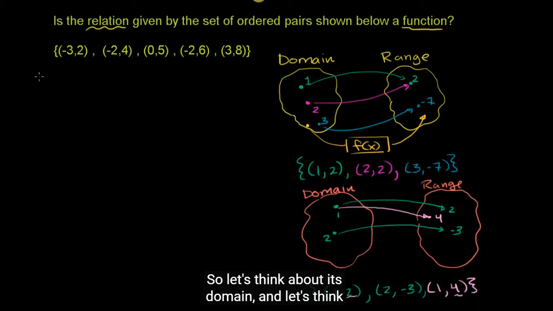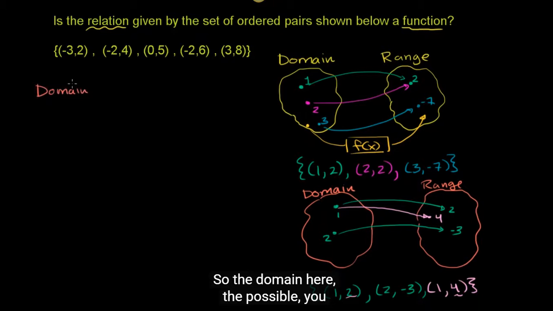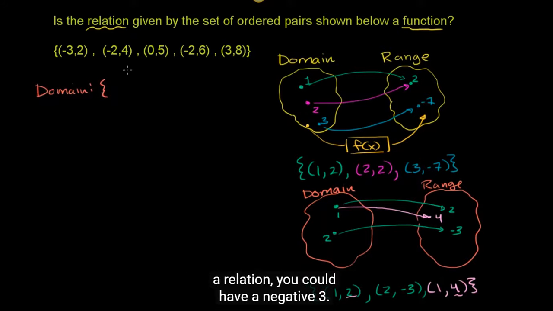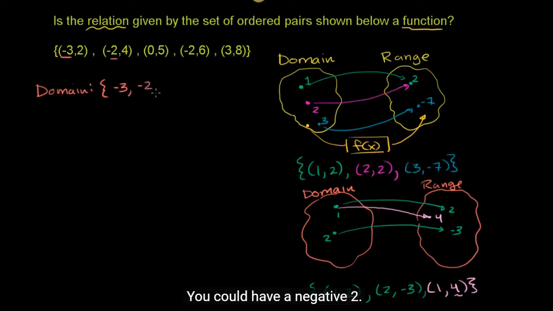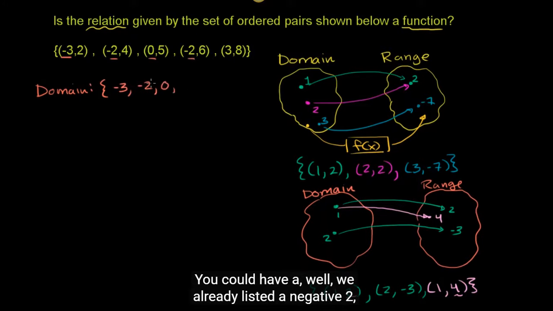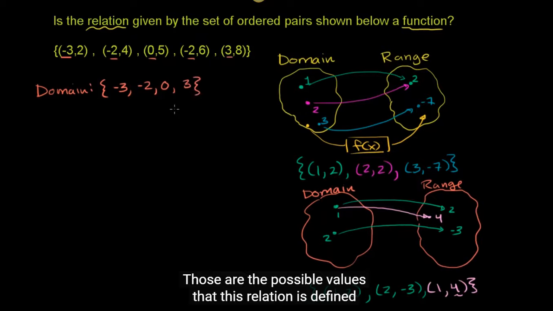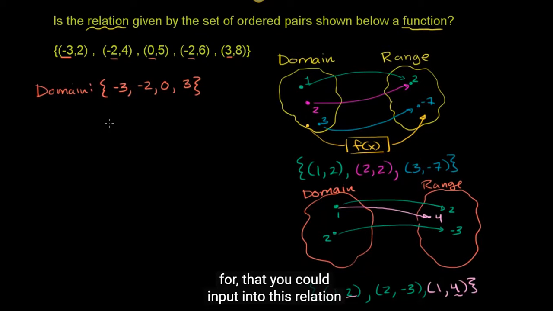So let's think about its domain and let's think about its range. So the domain here, the possible x values or inputs into this thing that could be a function, that's definitely a relation. You could have a negative 3. You could have a negative 2. You could have a 0. You could have a, well, we already listed a negative 2, so that's right over there. Or you could have a positive 3. Those are the possible values that this relation is defined for,